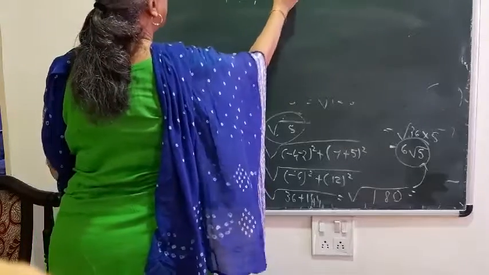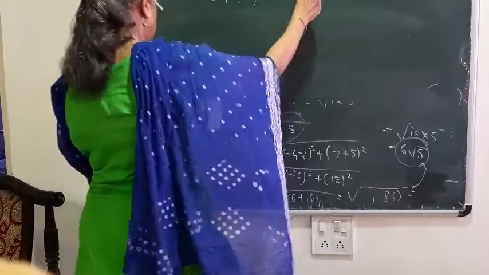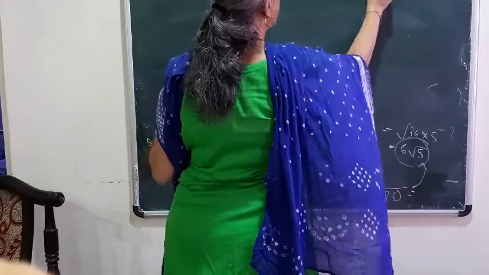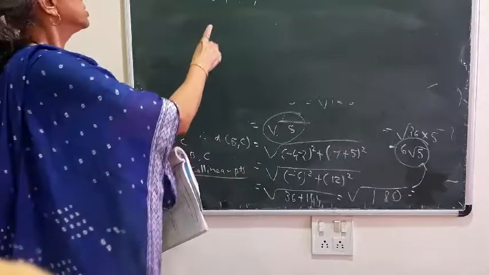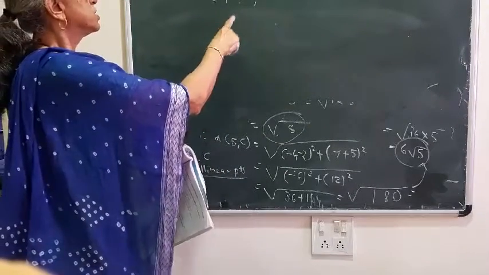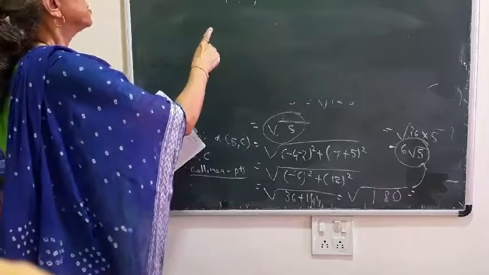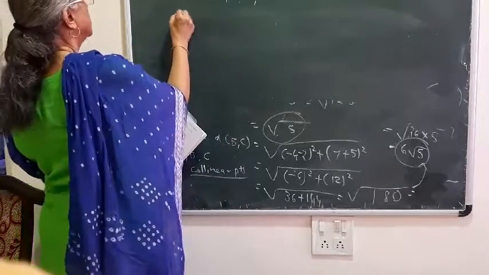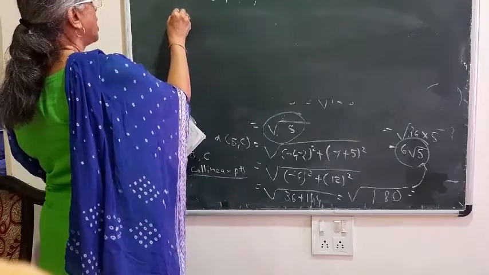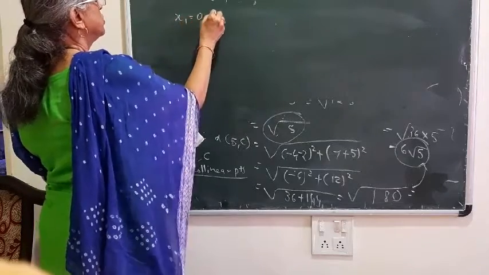Then B they have given 2, 1. And S they have given 3, minus 1. So which distances do we have to calculate now? Distance RD, distance DS and distance RS. These 3 distances we have to calculate by which formula? Distance formula. So we are writing here coordinates of R, x1 0,